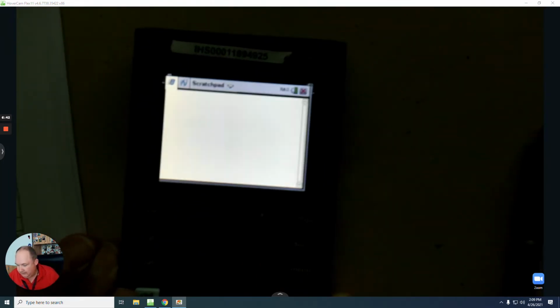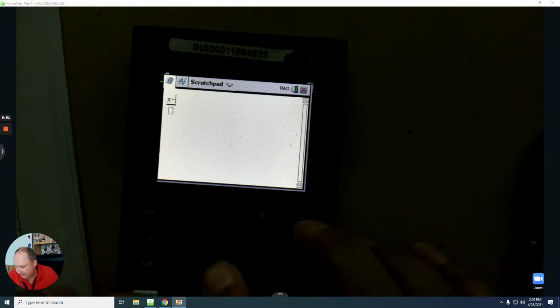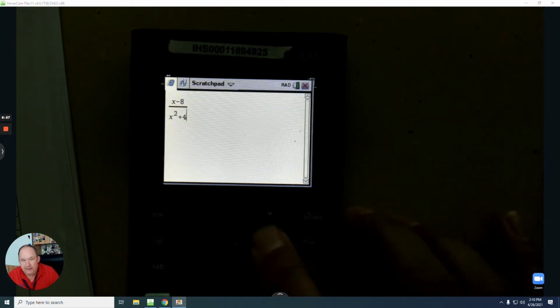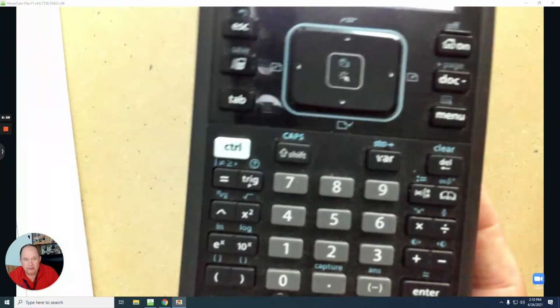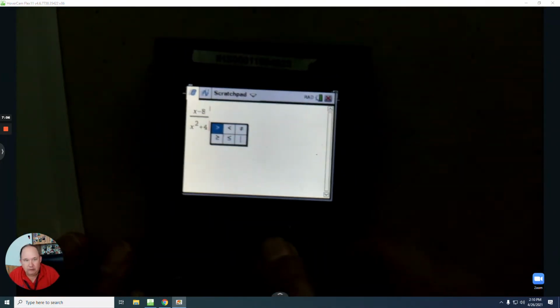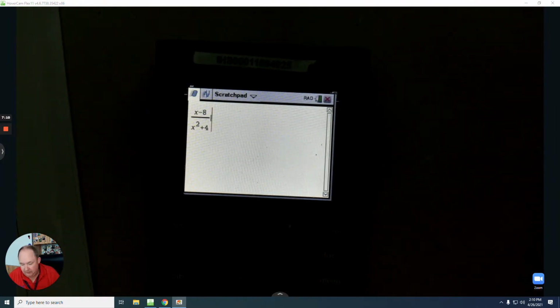And so I'm going to write down and evaluate this. What I'm evaluating is (x - 8)/(x² + 4). With this calculator, to evaluate we go Control and equals, and then after that there's a vertical line that we select. That allows us to evaluate, and then we evaluate at x equals